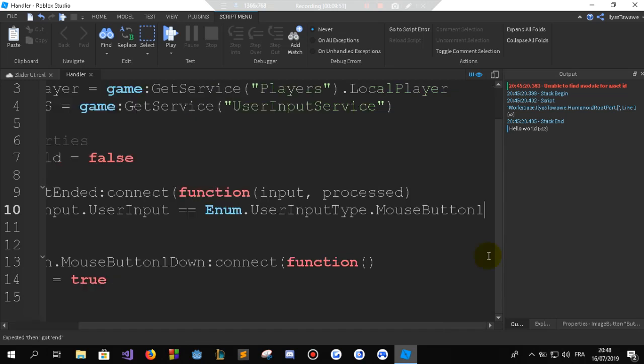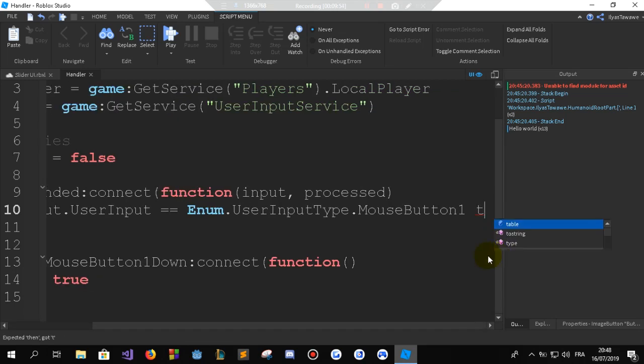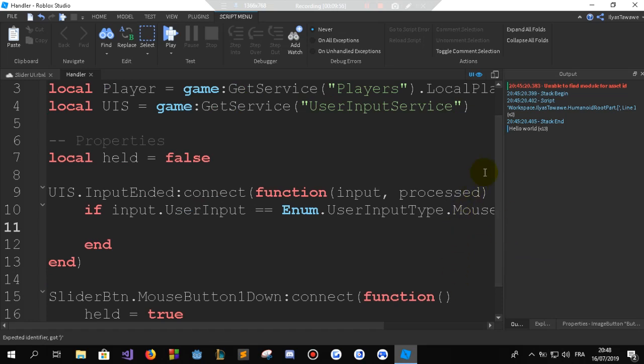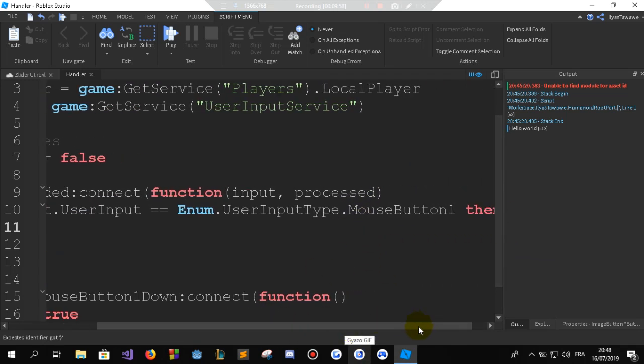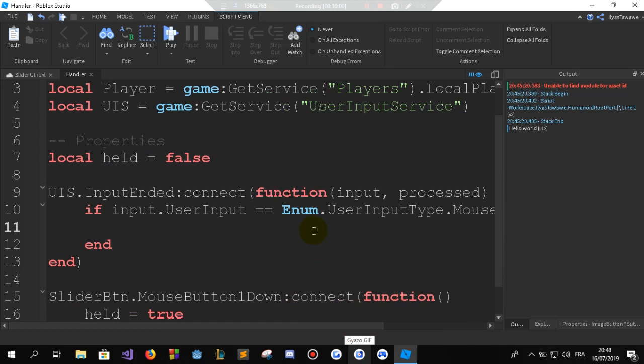Mouse button 1, then if user input is mouse button 1 and it's ended, which means the player releases the mouse button, well, do held equal to false. Okay,